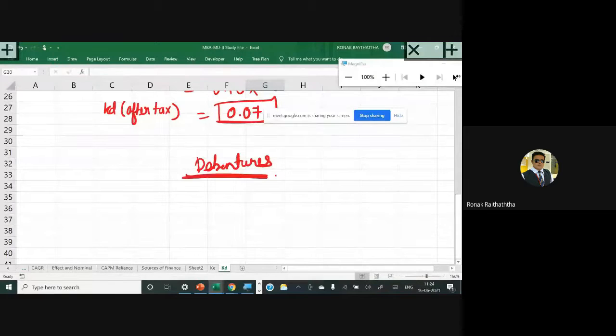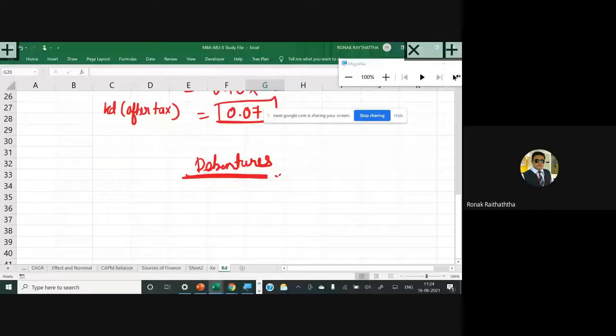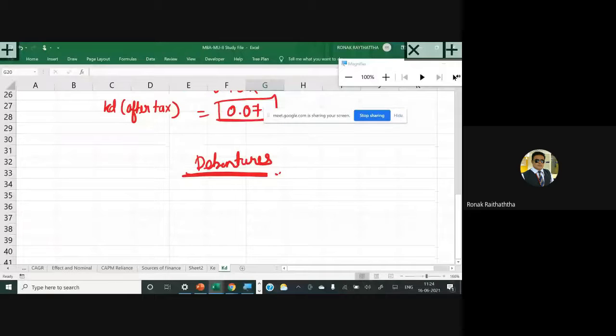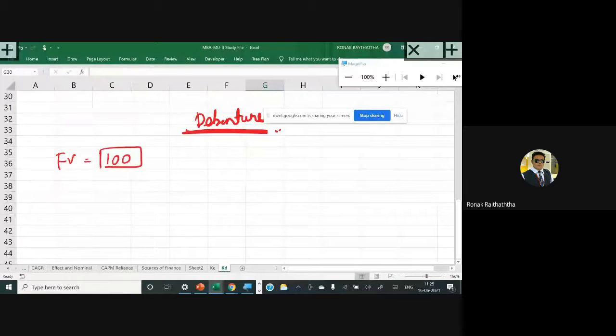Okay, so we have got now the debentures. So sir, what is this debenture? Now in debentures, there may be different values, and accordingly, the cost of debt would be different. There is a possibility that you may issue the debenture at discount or premium. Say the face value of debenture is 100. Then the company may issue this debenture at a premium of 10%. That means they will be charging 10% over and above its face value.